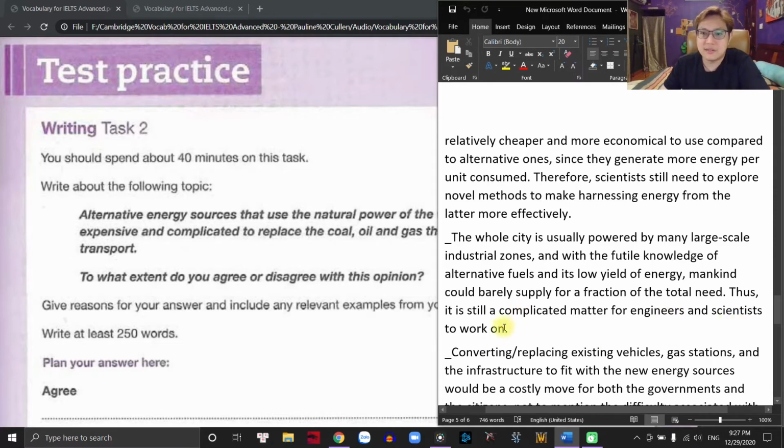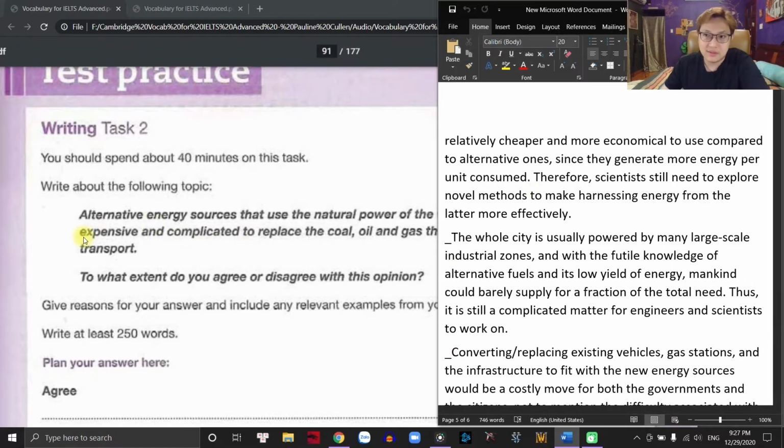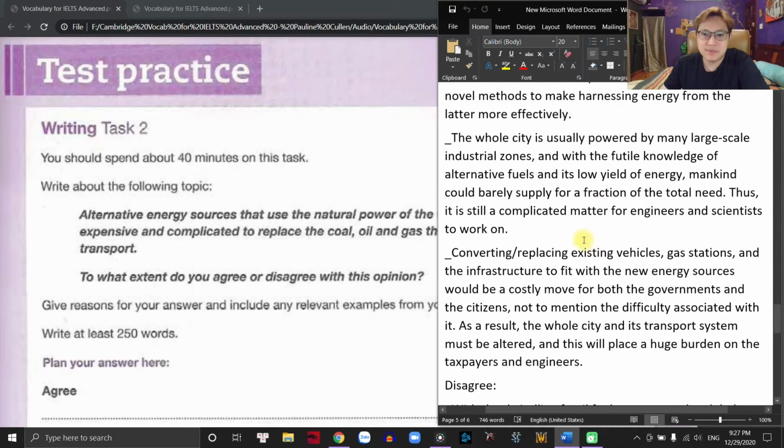So basically, here I mentioned how complicated it is to replace, right? So I mentioned in point number 2, complicated. And point number 1 is expensive. Đó, mình nêu ra hai luận điểm. Đầu tiên nó đã đụng cái chữ expensive và complicated nói rồi nè. And now, point number 3,